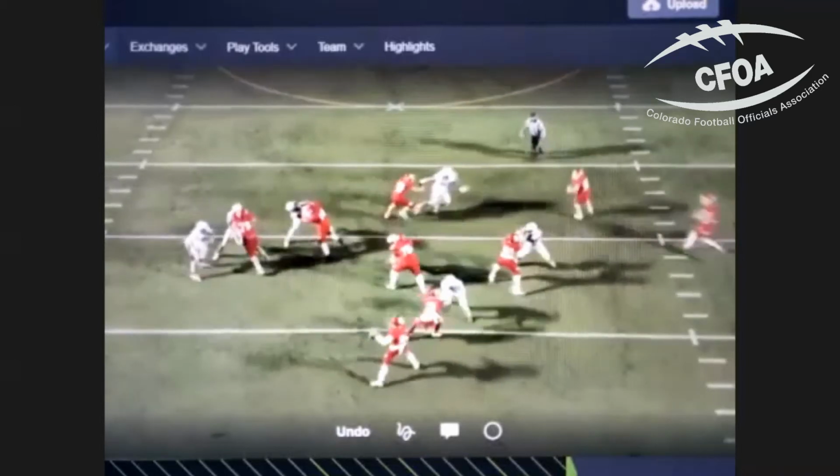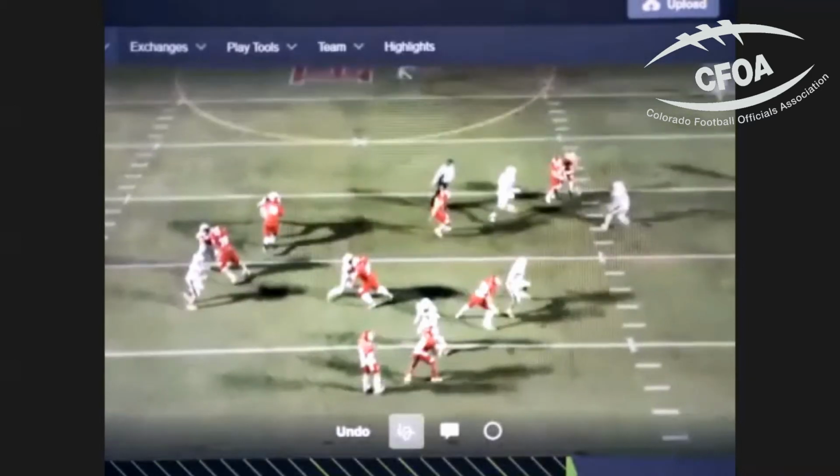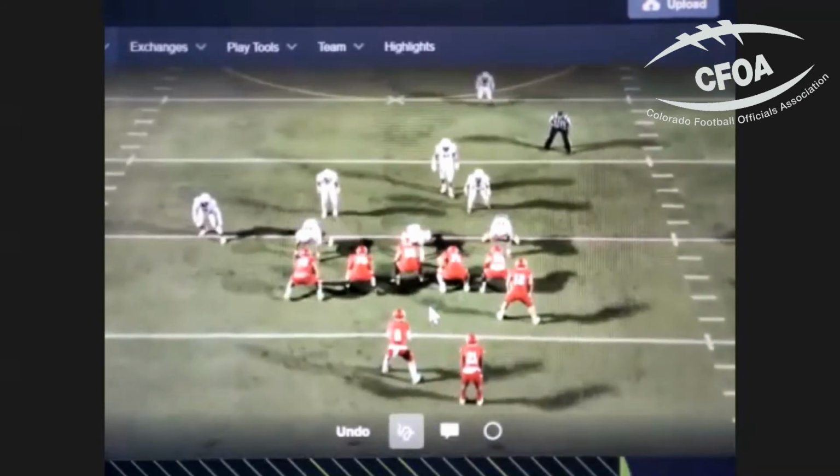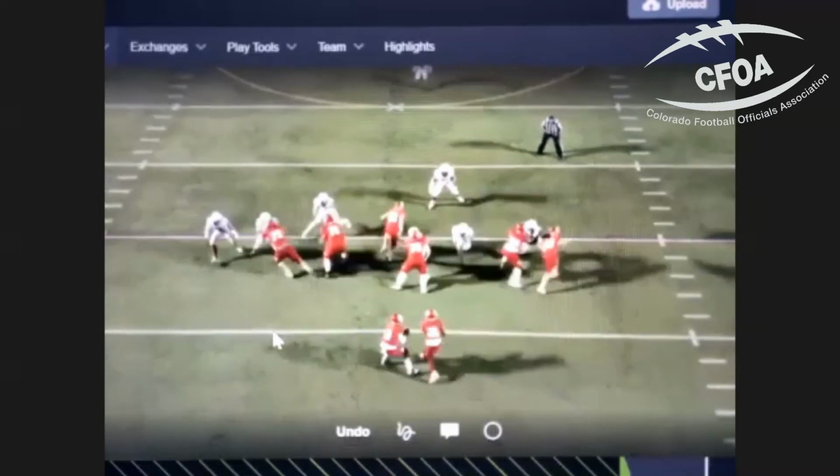So just talking lineman wise, from the beginning here, starting on our left tackle and left guard, we're going to leave the outside linebacker that's outside the box. We're going to leave him alone. We're not going to mess with him at all. So our left guard and left tackle are going to take care of their 2 guys. Now we go to our center and right guard. They should be taking care of the Mike linebacker and the nose.